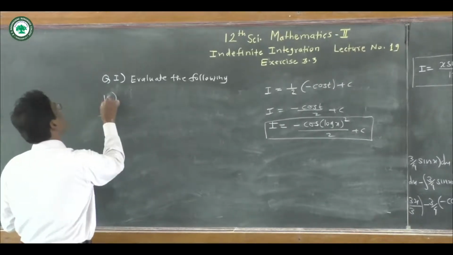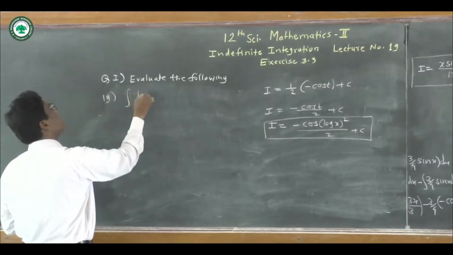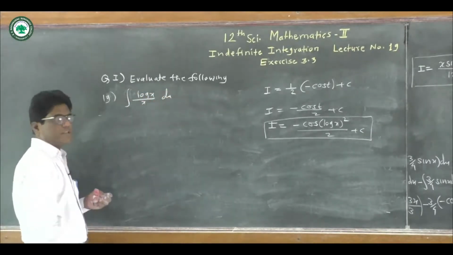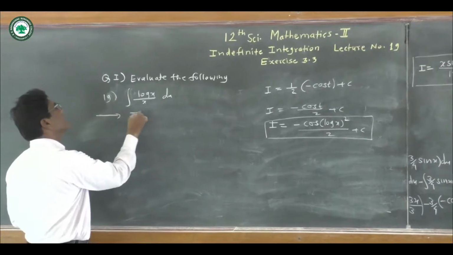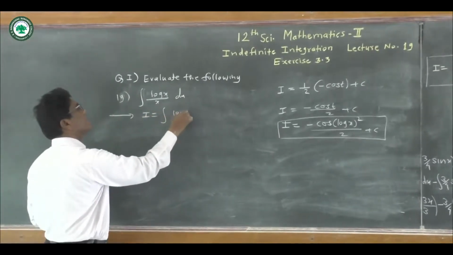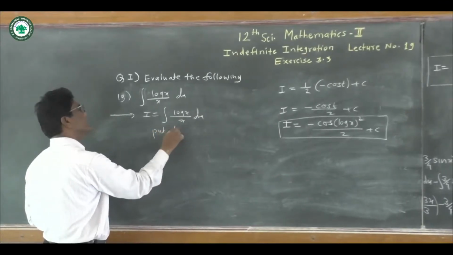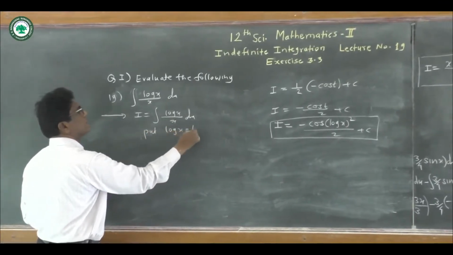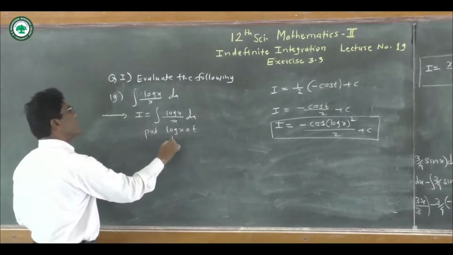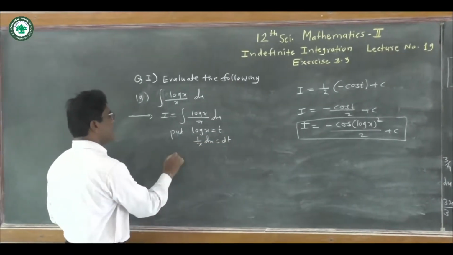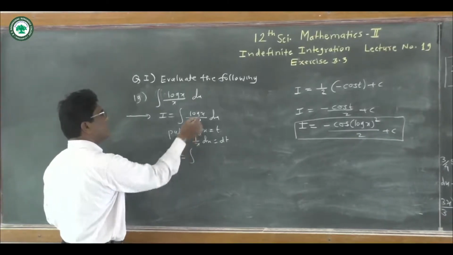So 19th problem, integration of log x upon x dx. Now here solution of this, I is equal to integration of log x upon x dx. Put here log x is equal to t, and therefore 1 upon x dx is equal to dt, and therefore I is equal to integration of